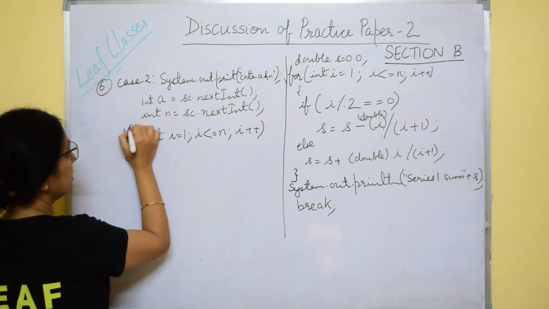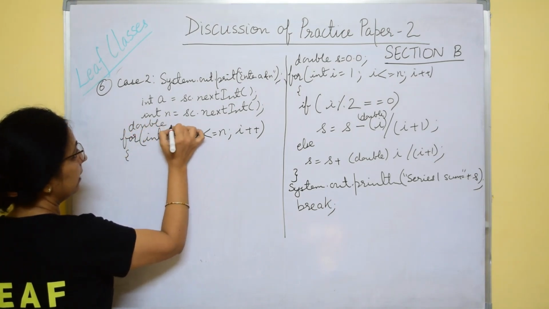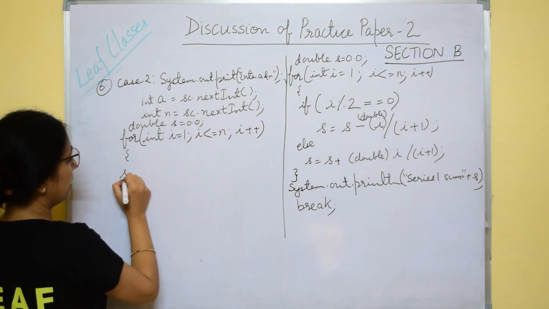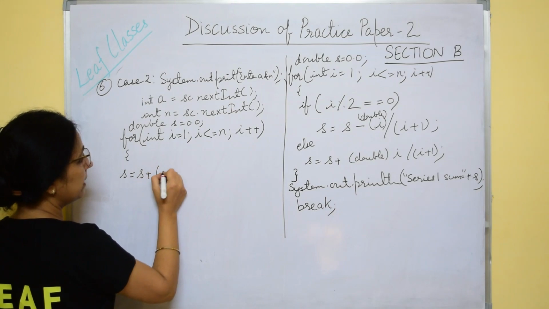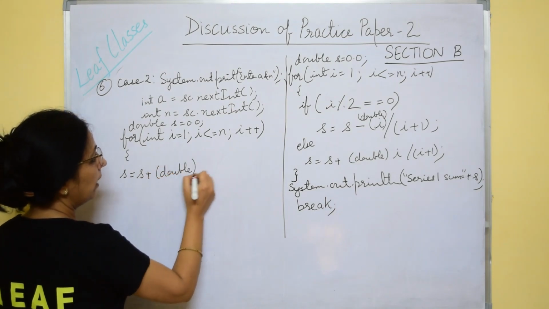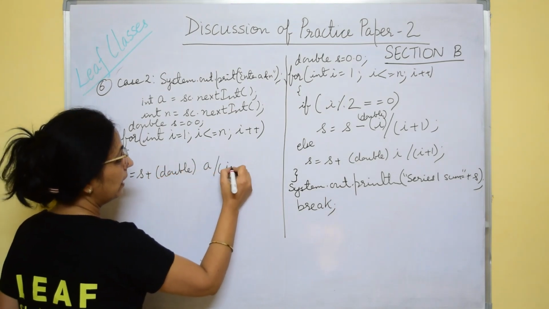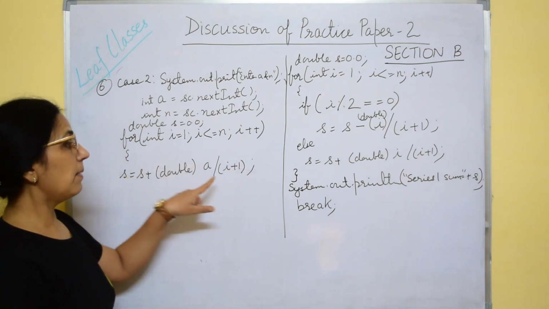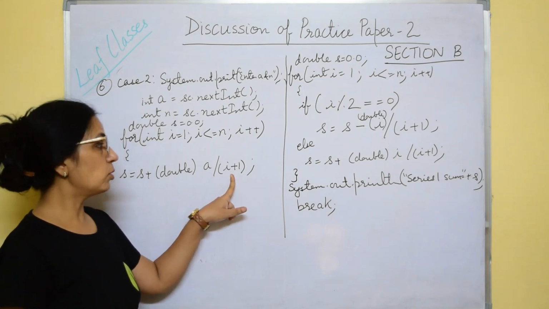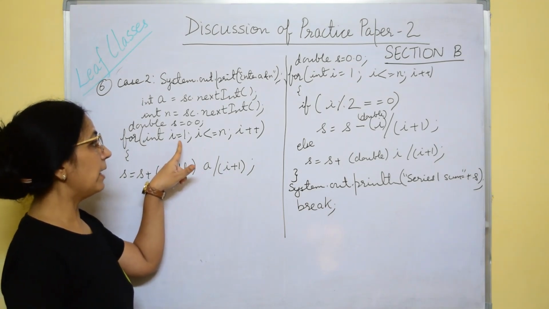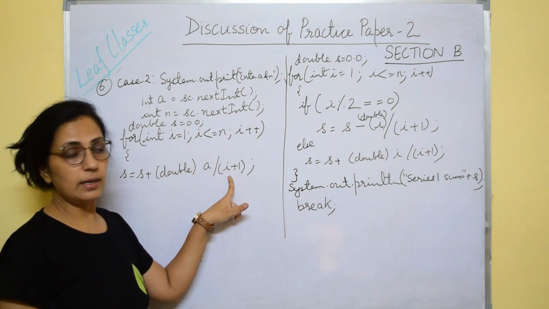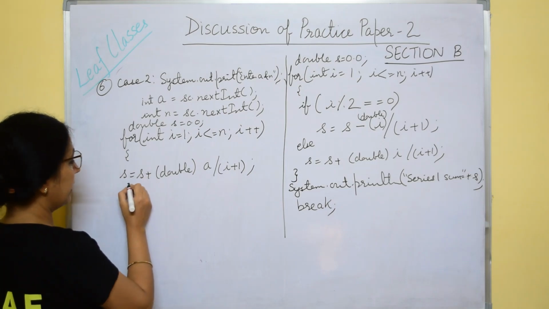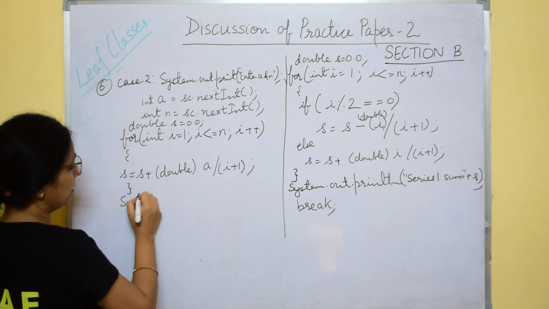So we are taking here to find the sum. We are taking the variable s equals to 0.0, and now we will say s equals to s plus double of a divided by I plus 1. Why I plus 1? In the first term the denominator is 2. So whatever is the value of I, the denominator is plus 1. So this entire series will get like this, and you will print the value